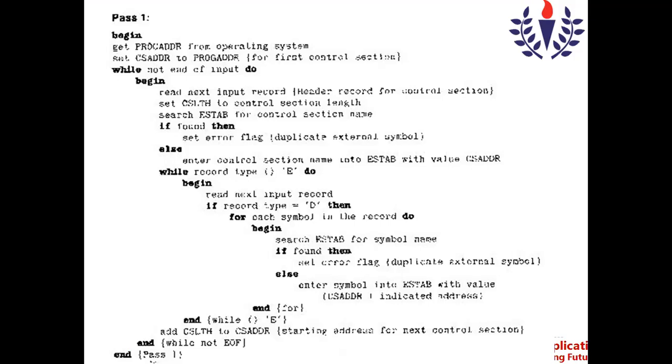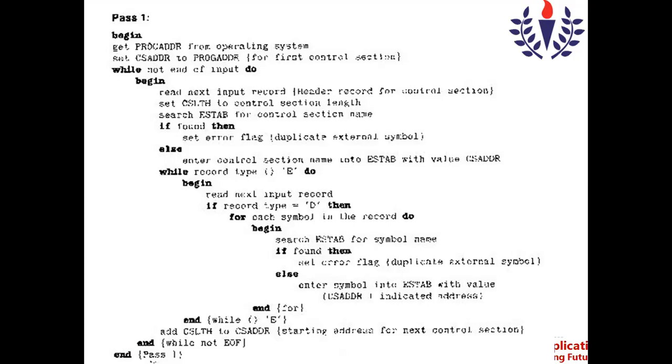If it is found, meaning there is already an entry in the external symbol table, then it sets the error flag saying duplicate external symbol. If not, if the symbol is not available in the ESTAB, then in the else part it has to enter the symbol into the ESTAB with the value. The value is CSADDR plus the indicated address.